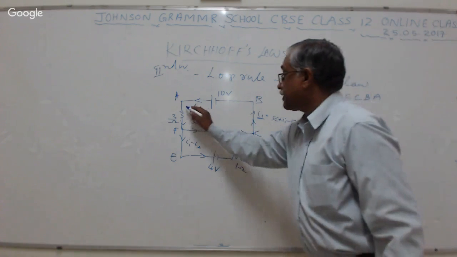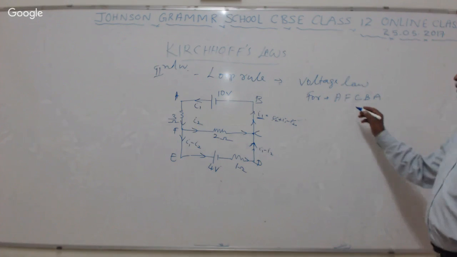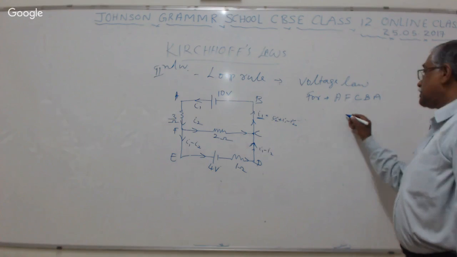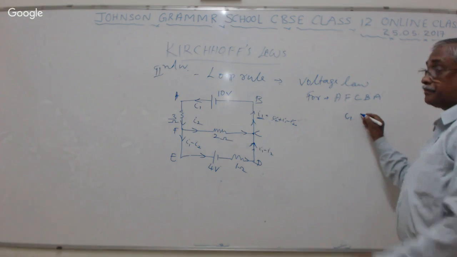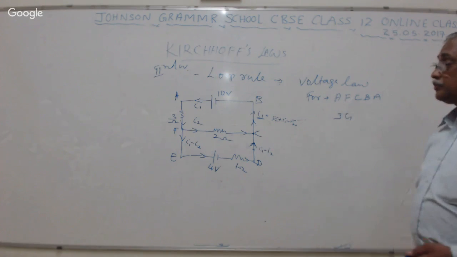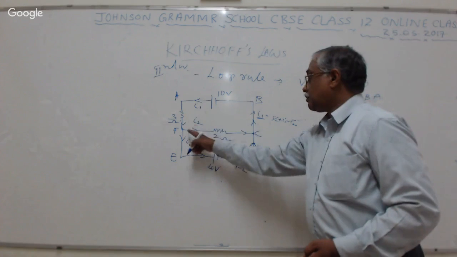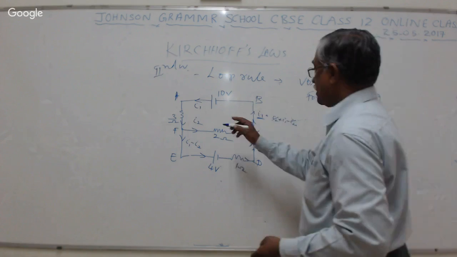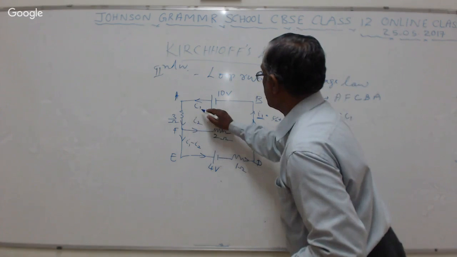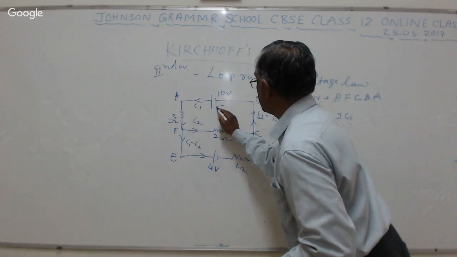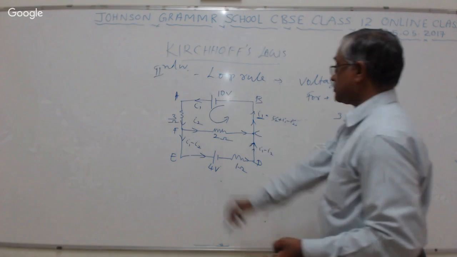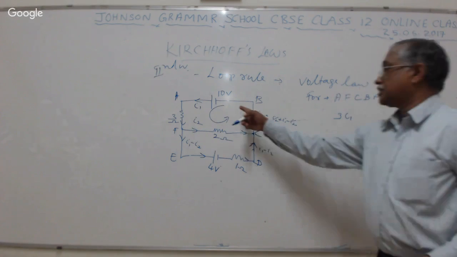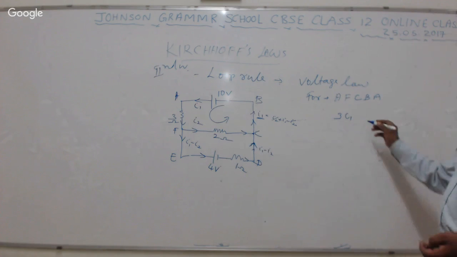Now you start from here. I1 amount of current is coming at this point. So what is the equation in the direction of current? The sign convention will be taken as a positive value. So that is 3I1, which is a positive value. Again, the current is coming in the direction we have taken. Mark the direction, it will be easy to understand. So AFCBA we have taken, this is the clockwise direction. So 3I1,